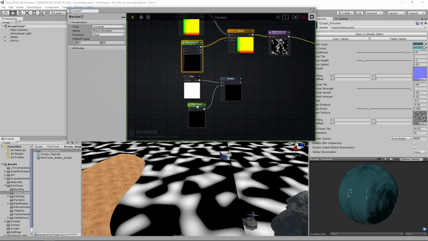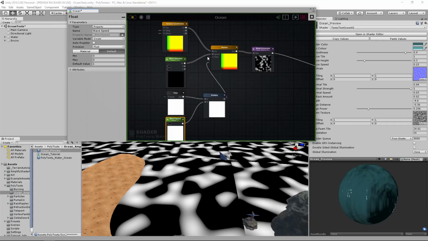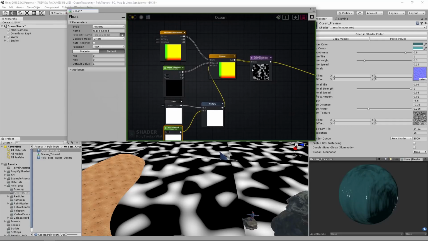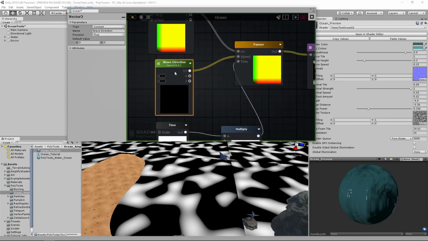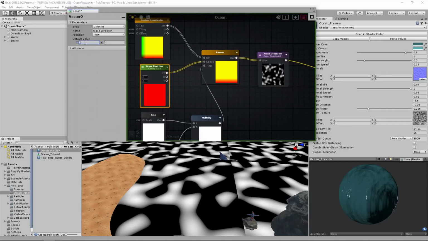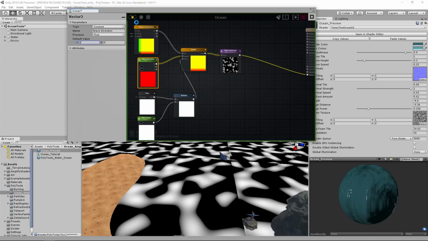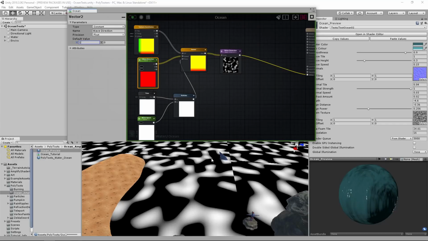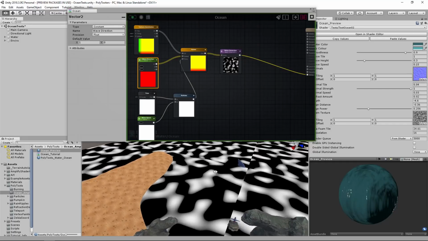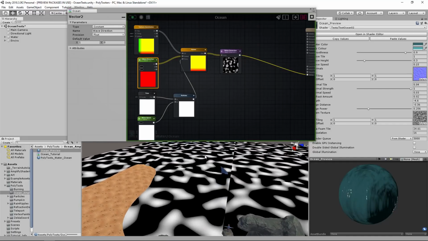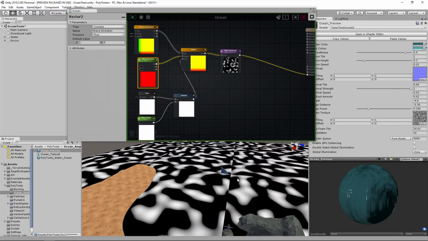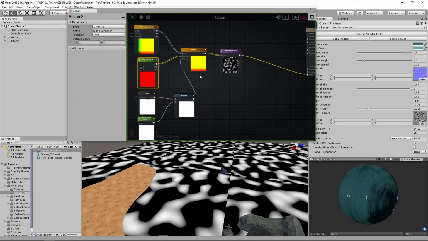My wave speed, however, will definitely be a property. We'll give it a default value of say 1, and then put that into time. And now you can see nothing's moving because we haven't specified which way we want it to move. If we want it on the x, it will move on the x. If we want it on the y, it'll move on the y. So for now, let's just leave it on the x. And this is already hooked up, so if I just hit this, we can see that it's panning. Great, that's one of the problems solved, but we still got some seams